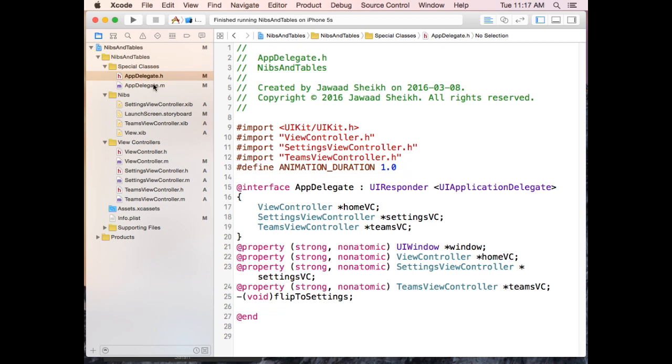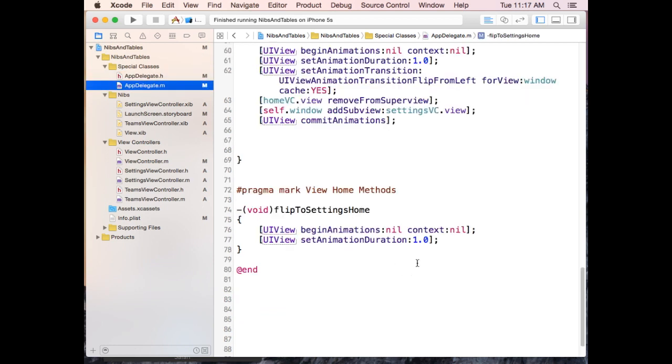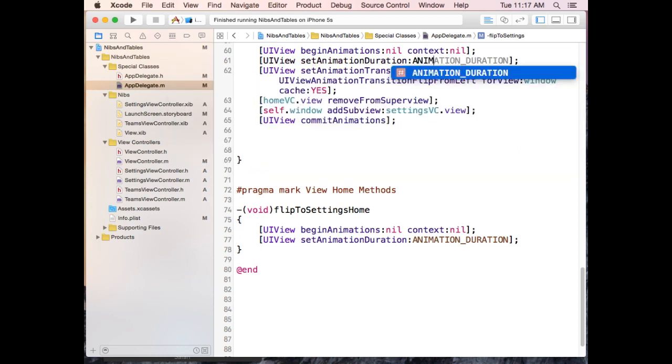So going back to the M file, we're going to change that 1.0 to animation duration. And above, we'll do the exact same thing. It shouldn't have any effect on the performance of the app, it's just a constant to save ourselves some headache. Alright, so we're beginning the animation, we're setting how long it is, we're going to tell it what type it is, so UI view,